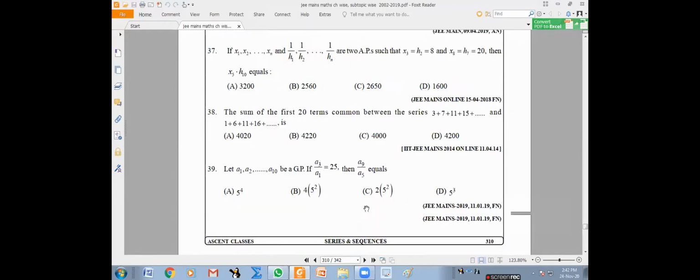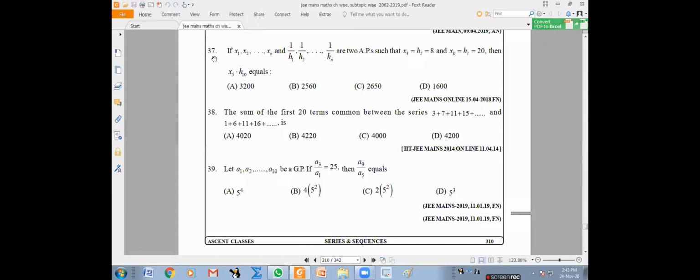So 40. 38. By the way, 37, we discussed a particular property about the product being constant for arithmetic mean and harmonic mean. I don't think 37 is based on that. You really have to find all the details of AP, all details of HP, and find it. Am I correct about 37? Yes, sir. Yes, because the numbers are not anything close to that sort.